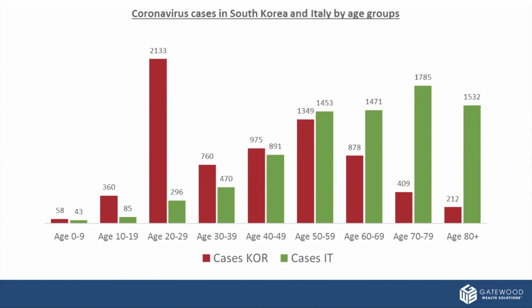Italy, which is an older population, and we don't know exactly why, but the infections mainly hit the older population. They also have not done near the amount of tests that South Korea has, saving their tests for mainly the people that are in critical to serious condition. So the CFR there is at a much higher rate of 7%.